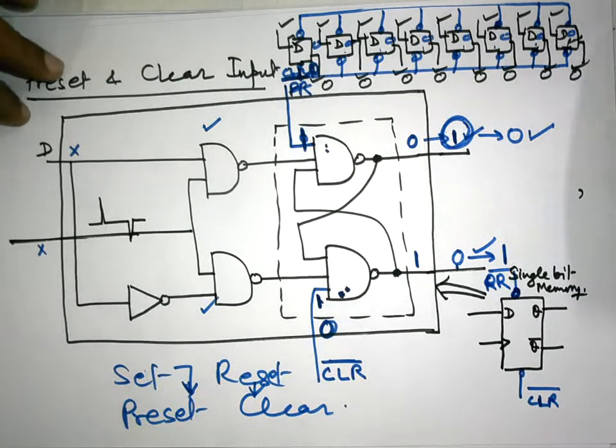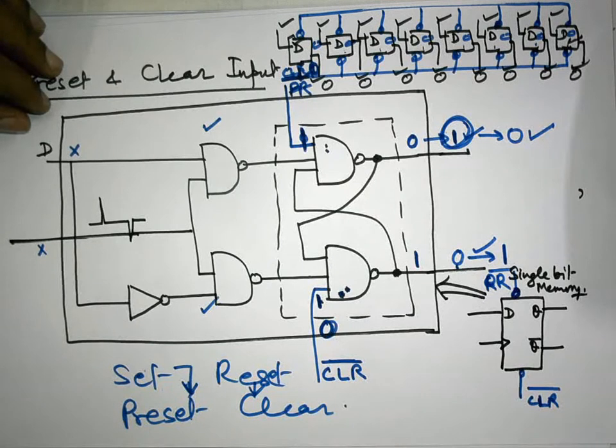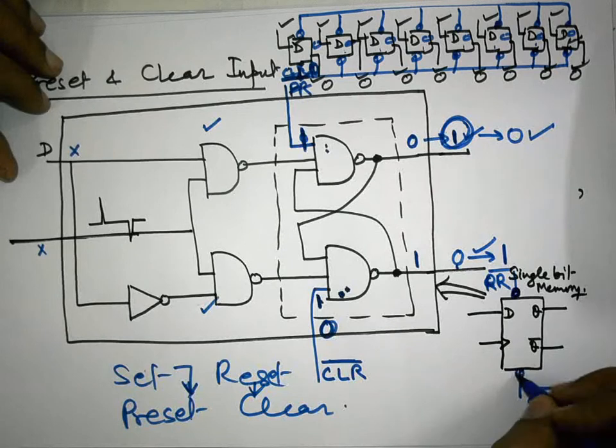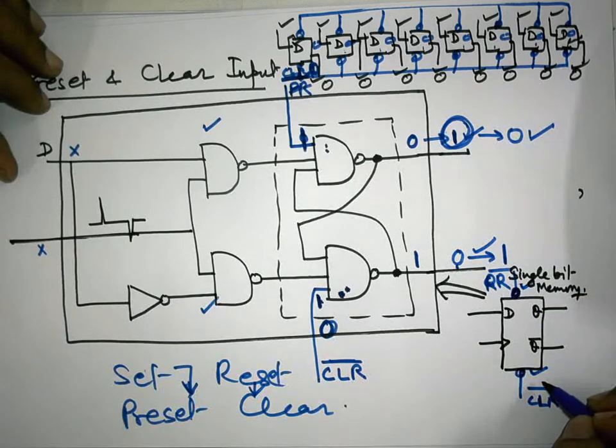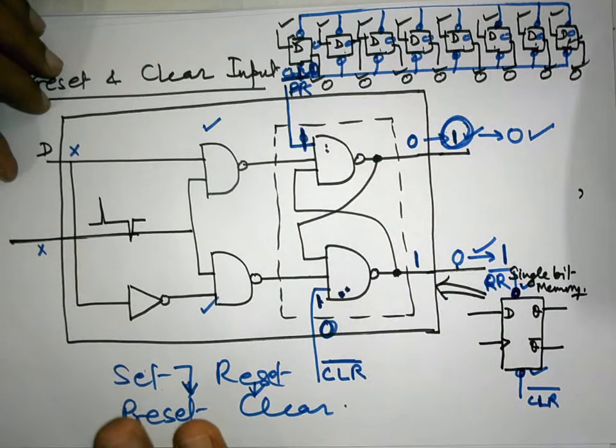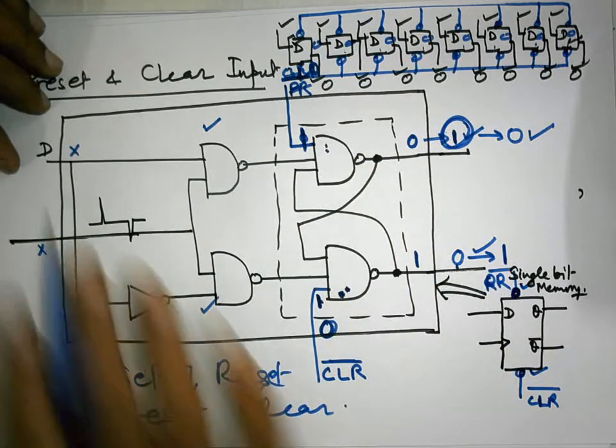The whole set of memory, whether it is 32 GB, 64 GB or a terabyte, this has been formatted. This is all cleared. And a complementary action we can also perform. This means we can set also. So, this is an asynchronous input which is applied for the presetting and clearing action, and this way this has got the highest priority among all the inputs. Now, you see how many inputs we have.